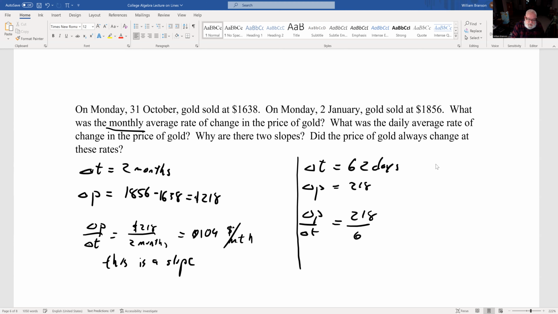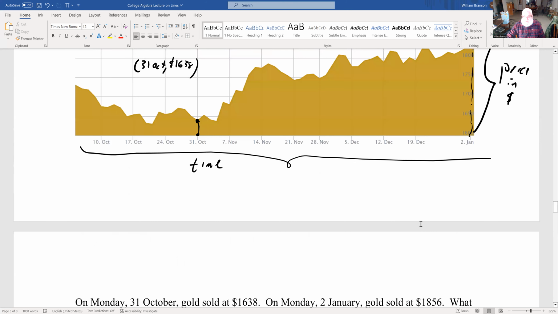218 over 62, that's dollars. And 218 over 62 is about $3.52 dollars per day. Right? So when we look at our graph and we think about a slope, what we did